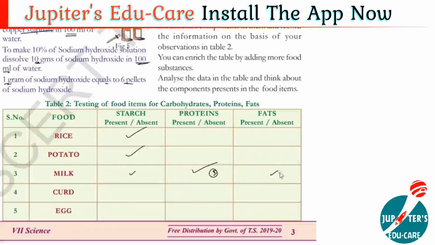The next is fat, in second place. Finally, a little bit of starch is present in the milk. So that's why we say milk is a complete food, because all kinds of things, even vitamins and minerals, are also present in the milk. Then come to curd. Curd contains proteins and fats, and a little amount of starch. But we say more amount of proteins and fats is present. Egg contains more proteins. A large quantity of proteins is present in the egg. These are the food materials and the food components which are present in the food materials.